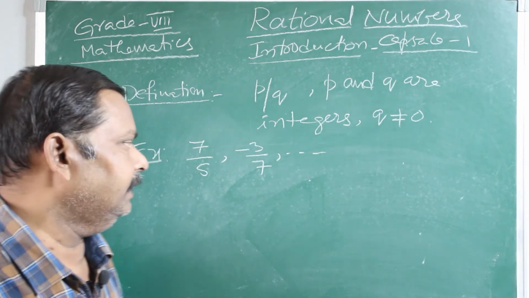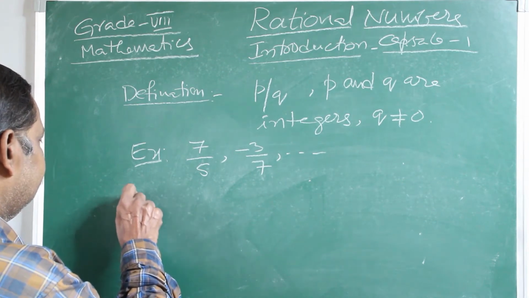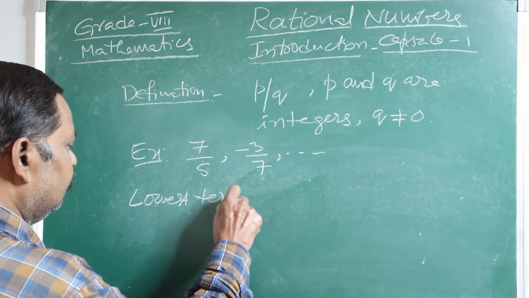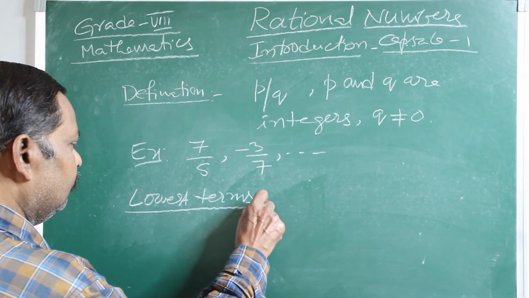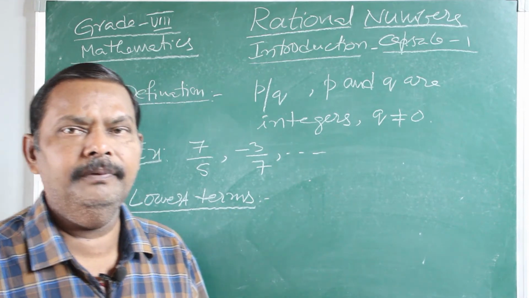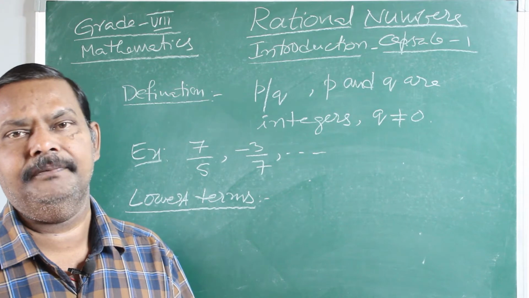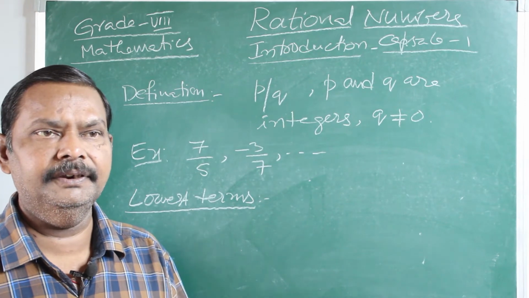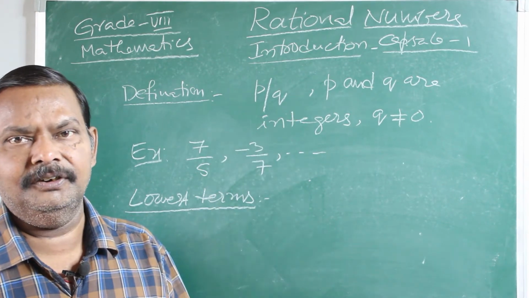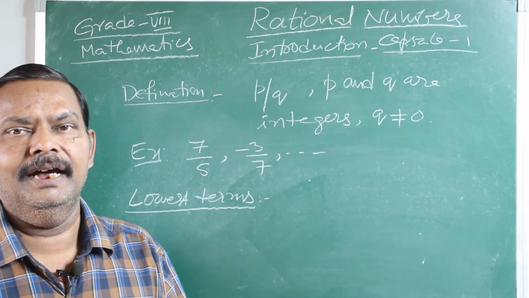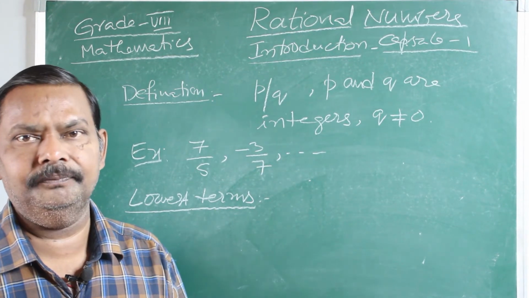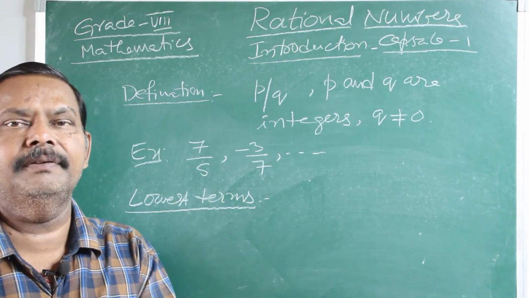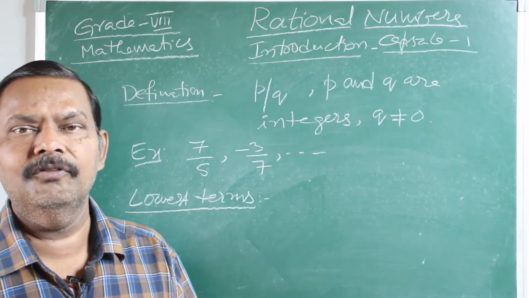Now, the next thing is, what do you mean by the lowest term of a rational number? A rational number has two parts, numerator and denominator. If there is no common factor for the numerator and denominator, the rational number itself is the lowest term. If there are common factors, then you have to cancel the common factors and the remainder will be the lowest form of the rational number. For example,